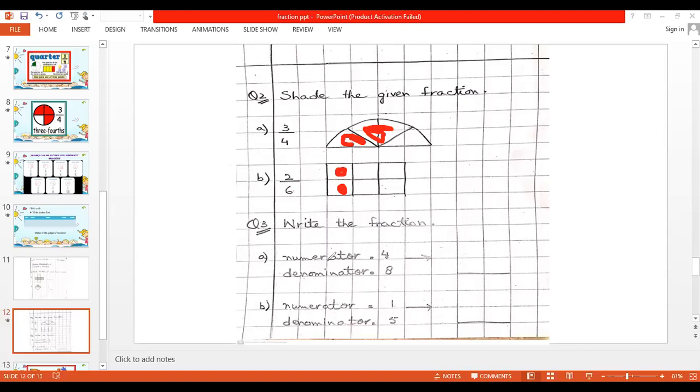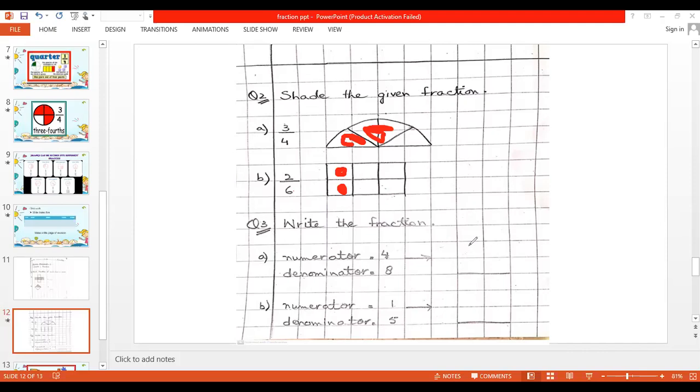Now, who will tell me how I will write a fraction whose numerator is 4 and denominator is 8? How will I write it here? Yes.